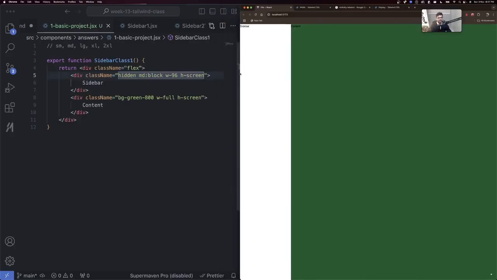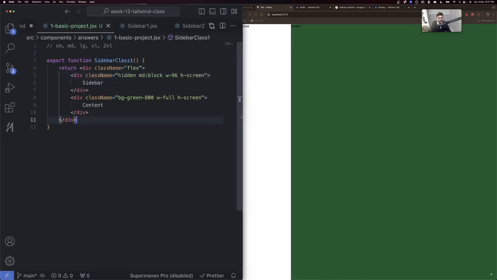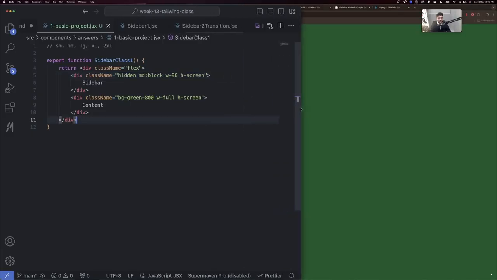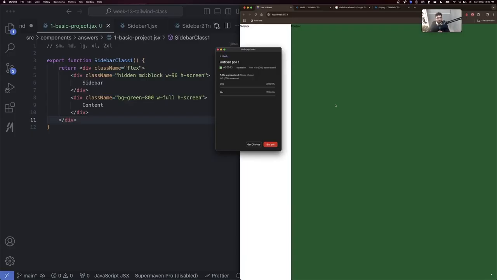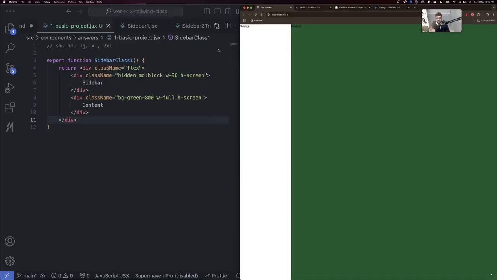But let's see how many of us were able to understand this. Do you guys understand how the code on the left translates to this thing on the right? That on small screens the sidebar goes away, on bigger screens you see the sidebar. Let's do a poll. 85%. Q&A for just 1 minute, and for everyone who was able to do it,